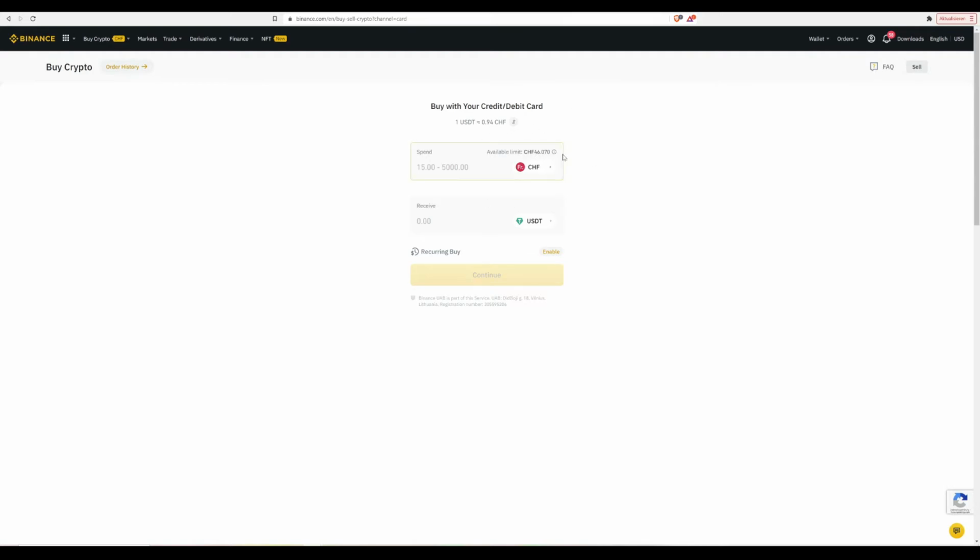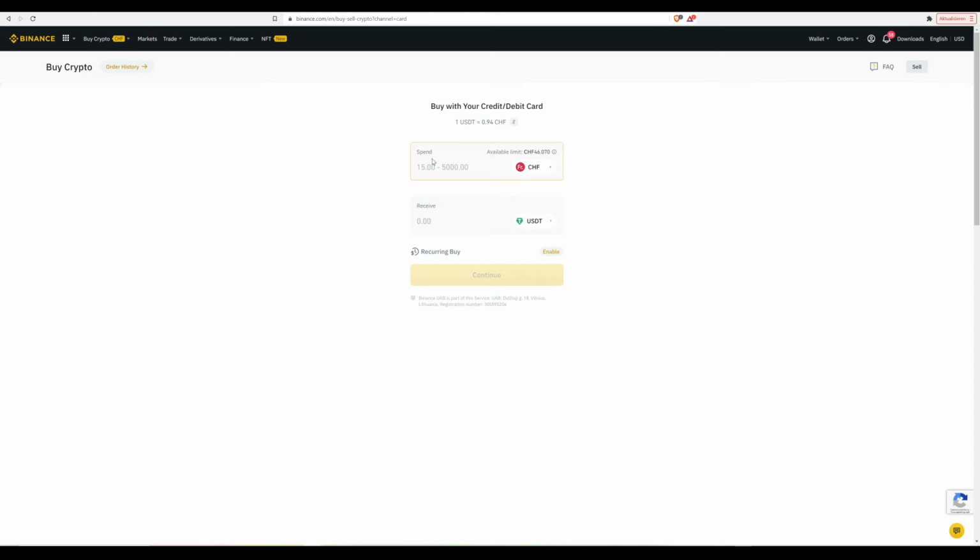Important also is that you have here in your fiat slot the actual fiat currency that your card is running on. In my case, this is Swiss francs. In most of your cases, this will be US dollar or wherever you're coming from. So make sure this is correct. Here we are gonna buy US dollar Tether, a stable coin, which makes it simple to move because it will be stable at the dollar. And almost every coin within Binance is traded against USDT,